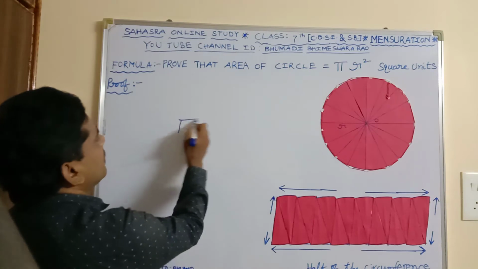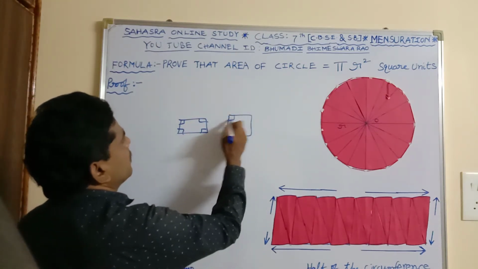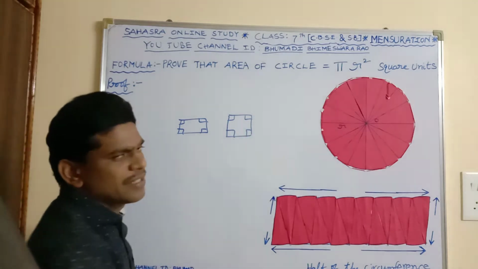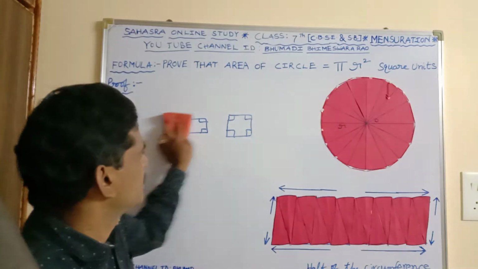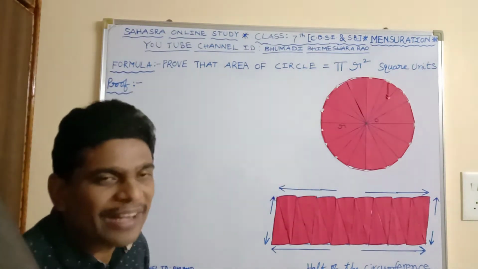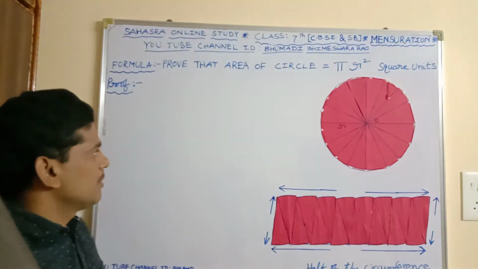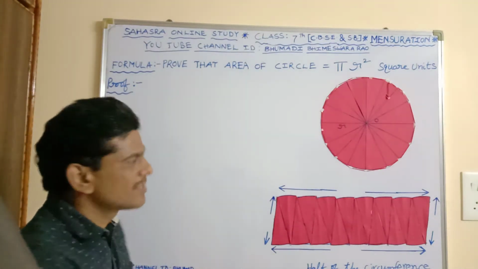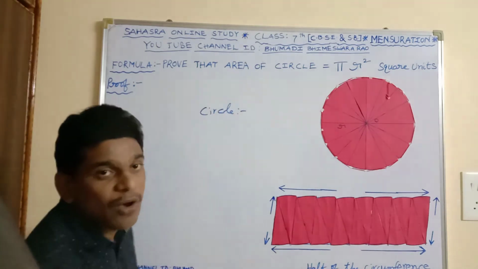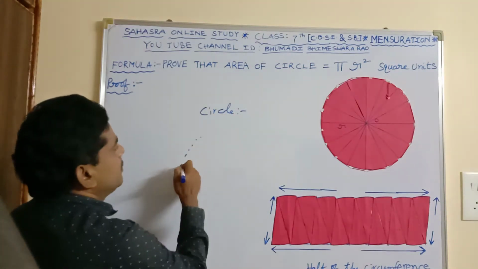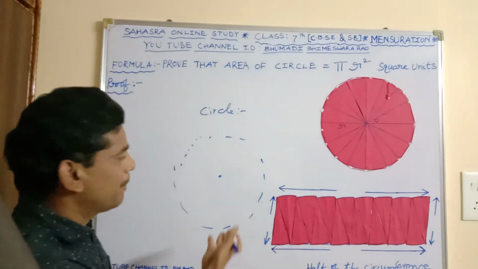Some geometrical figures are rectangle and square. Finding the areas and volumes of geometrical figures is called mensuration. Similarly, we can find the area of the circle. What is the definition of a circle? A circle is a set of points which are equidistant from a fixed point in the plane.